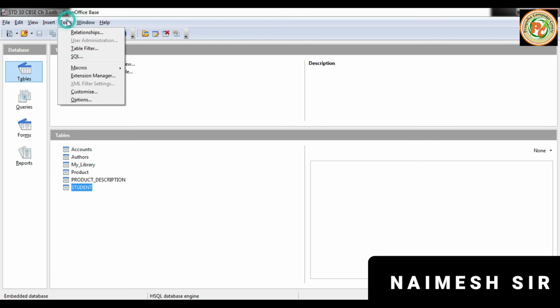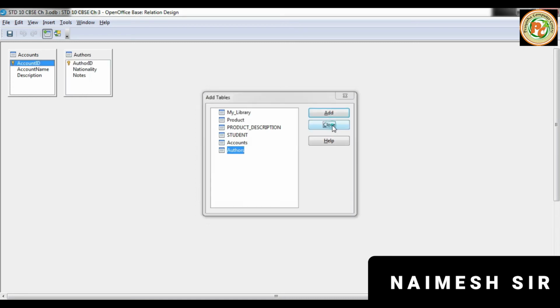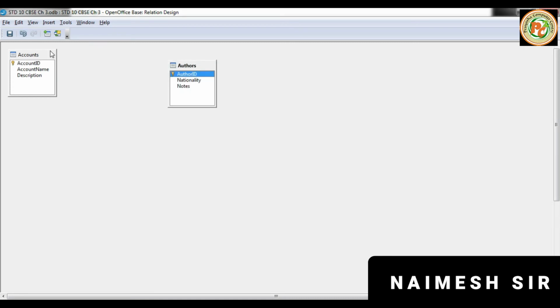Now click on the tools. We have two ways to create relationship. You can click here relationship and the dialog box will appear. Now select the tables on which we are going to apply, so account and the author. Okay, now close it. Now to apply the relationship,